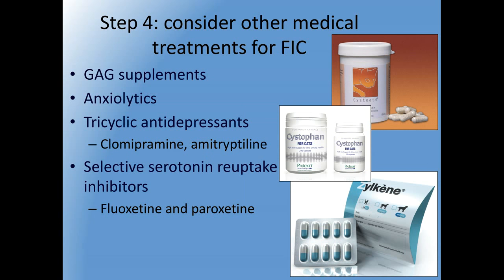Beyond that, there are other things that you'll all be familiar with, for example, glycosaminoglycan supplements, which are contained within the therapeutic diets but also available separately as supplements. Unfortunately, published data looking at efficacy of these supplements has not overall been convincing, but it does seem that some individual cats do respond to them, but overall evidence for efficacy is quite weak. Similarly, there are some bigger gun drugs that have been used, tricyclic antidepressants and selective serotonin reuptake inhibitors, with some benefit in some studies, particularly amitriptyline longer term, not as an acute treatment for an acute episode, but perhaps for more of those persistent cases. So they may have a role to play there, but I try to avoid moving on to